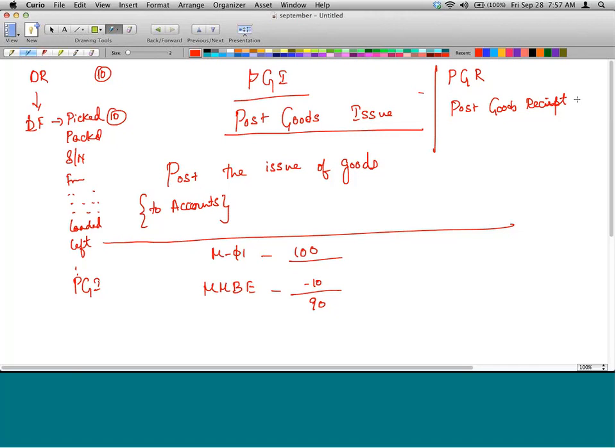When we are doing the LR, would the post goods issue button be replaced by a post goods receipt button, is it? No, it will look the same, post goods issue, but the process is called post goods receipt. Okay. So the button will look the same. It would still say post goods issue, right? Right. Okay.